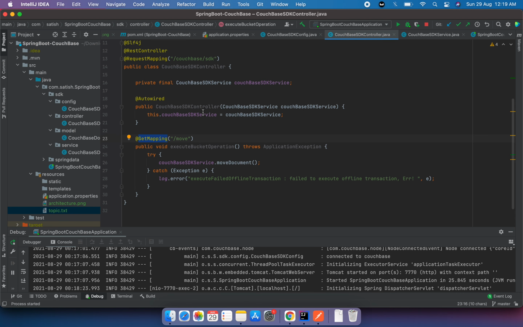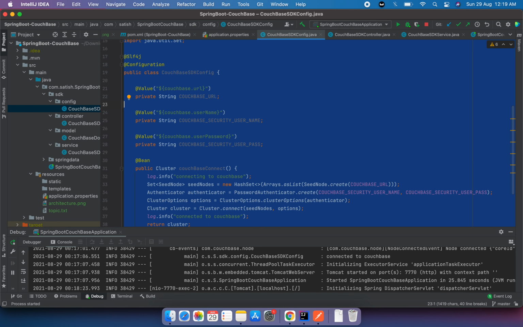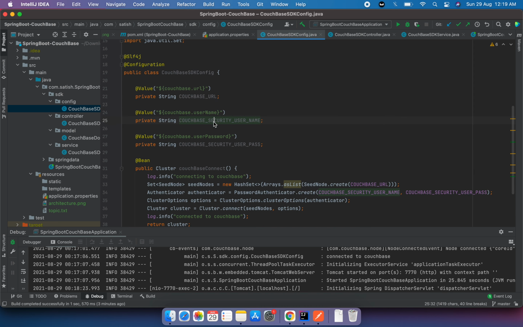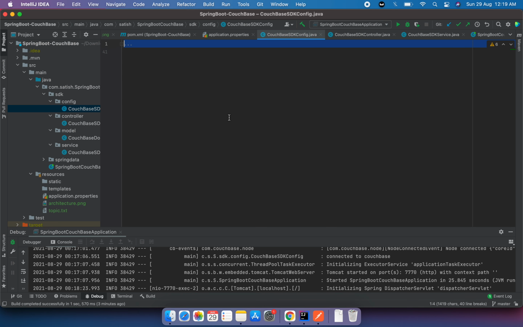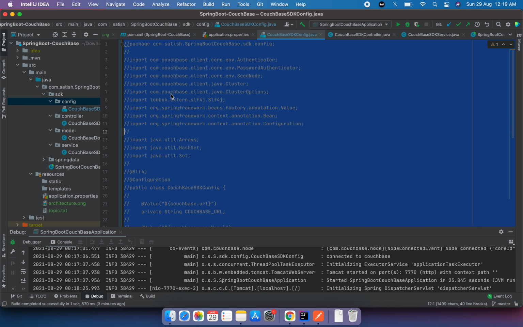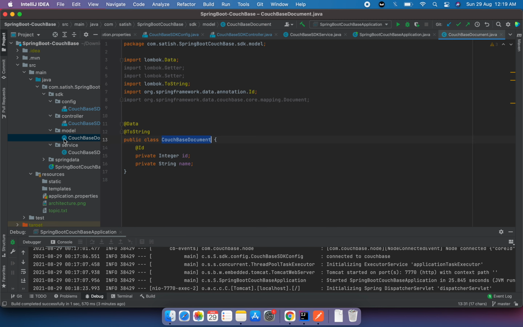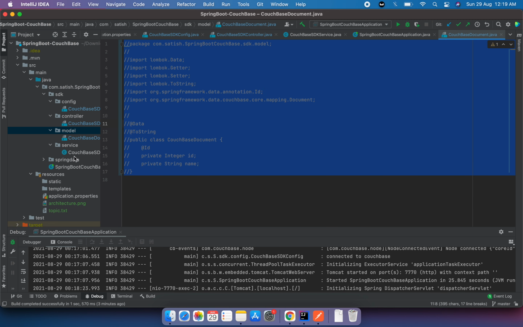Before that I have to comment out all the code here, because at a given time we can only have one of the ways make the thing work. We cannot use both of the configuration files at one time. So let's comment this out. I'll comment everything for the Java SDK part.